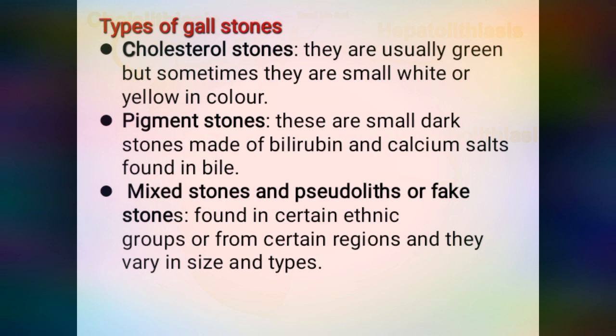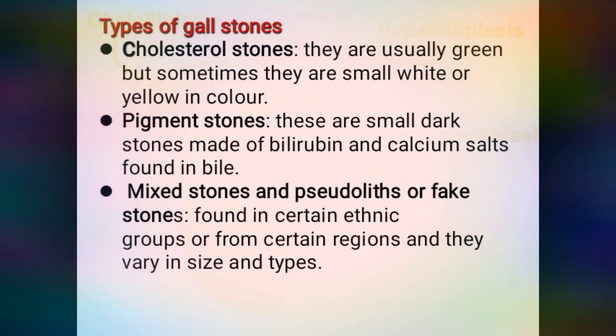The pigment stones in this case are the stones that are caused primarily by the increment in the levels of bilirubin and the calcium salts that are found within the bile as part of its content. But due to the hyperconcentration, this can lead to the aggregation of those substances and form crystal-like substances, which are now in this case the stones. And their appearance appears to be dark